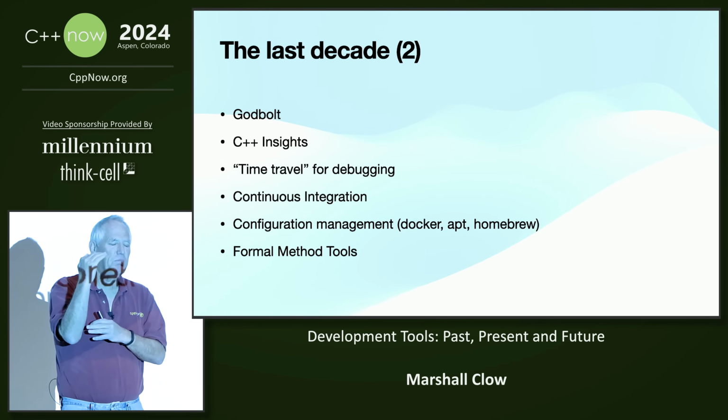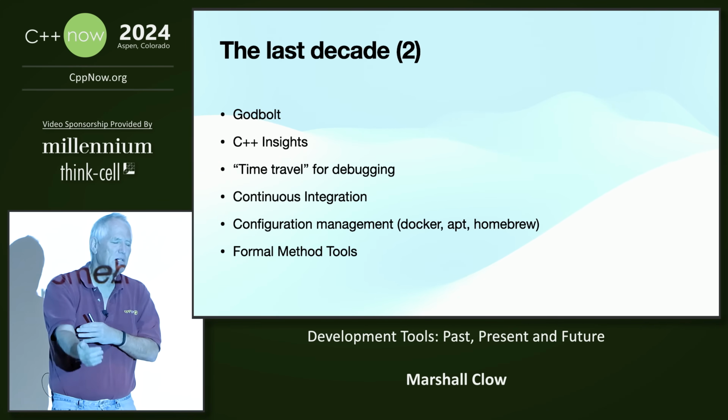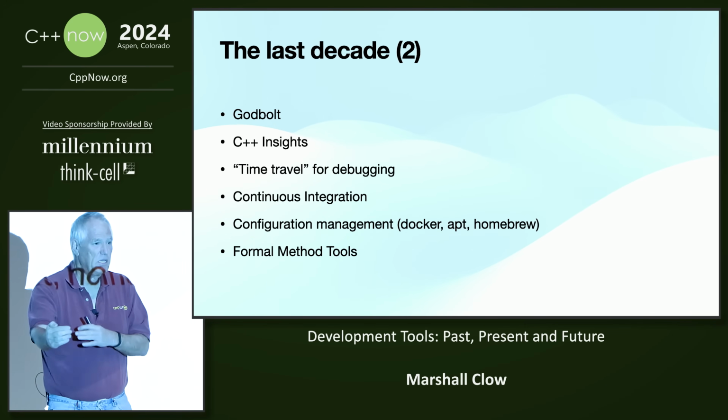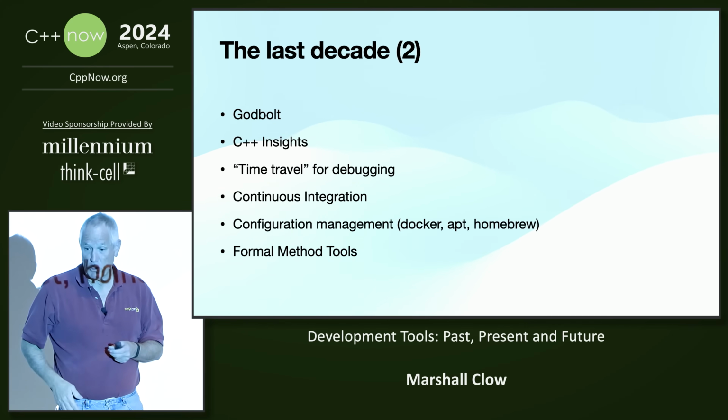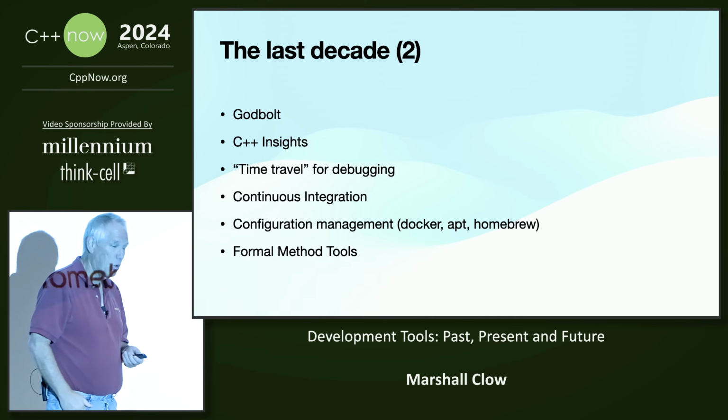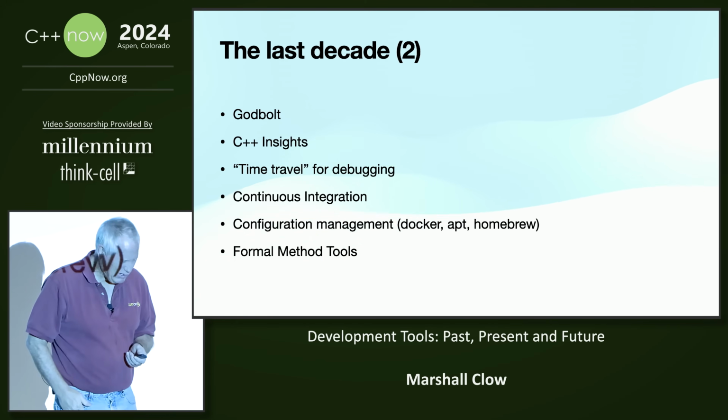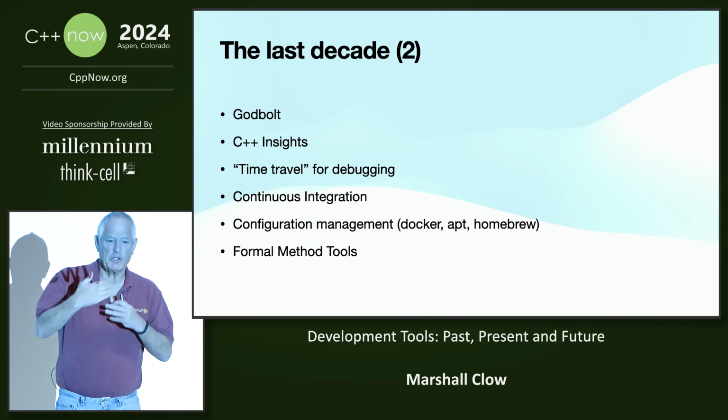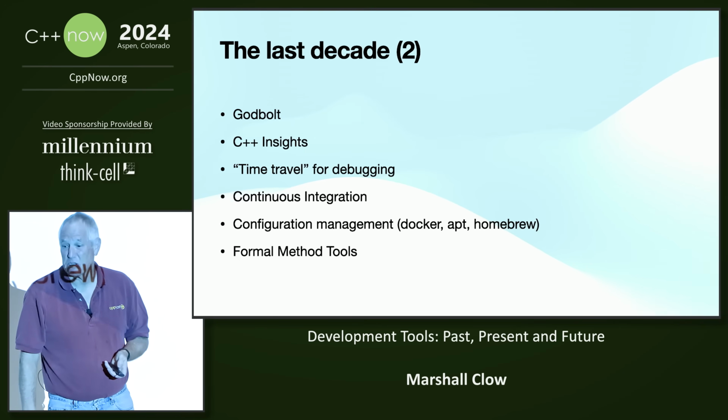And if you're not really comfortable with lambdas or autos, it's a great way to see what the compiler is doing for you. Or if you have some code where you think, I don't get what's going on here, it's a nice way to strip away some of the levels of abstraction.